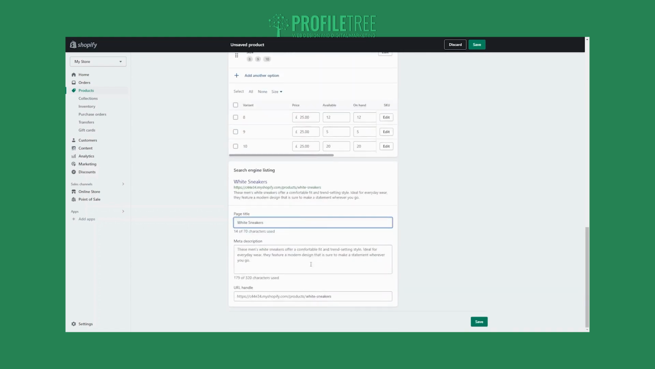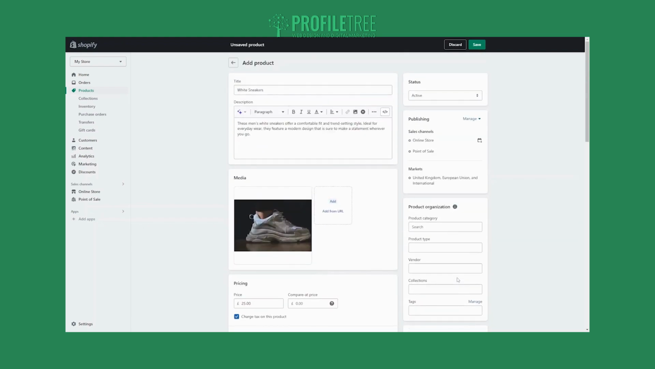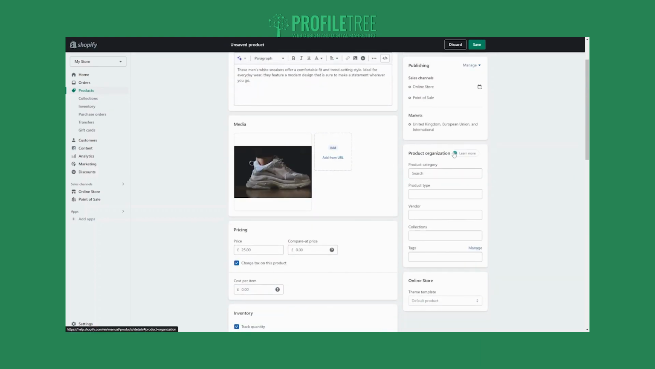Lastly, you want to make sure that everything is SEO optimized. So you want to make sure it has a page title, it has a description, and it has a good URL handle as well. And then you want to look at the product organization. So the product organization part of Shopify basically allows you to add filters and customization options, and just means then